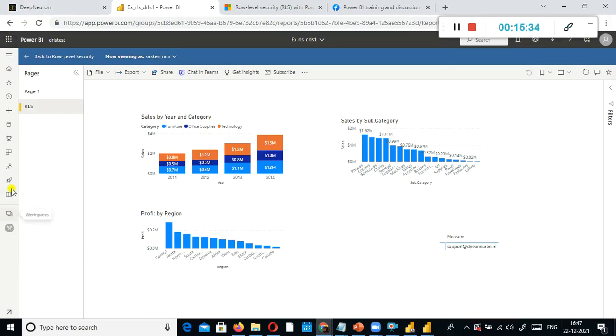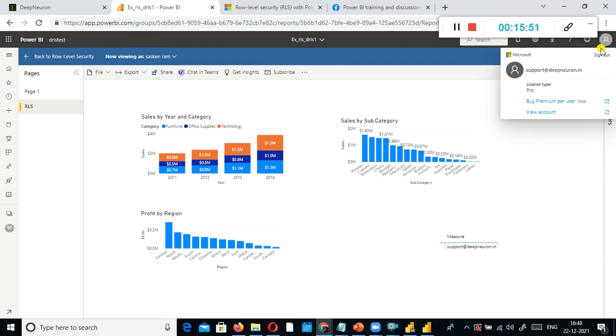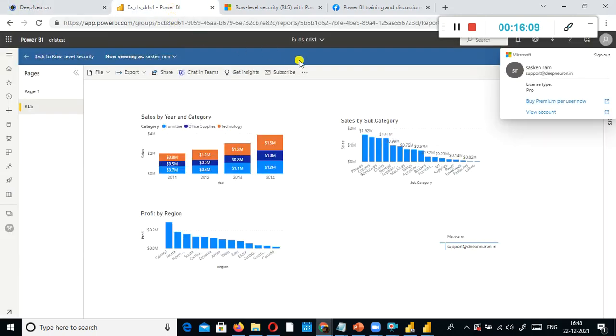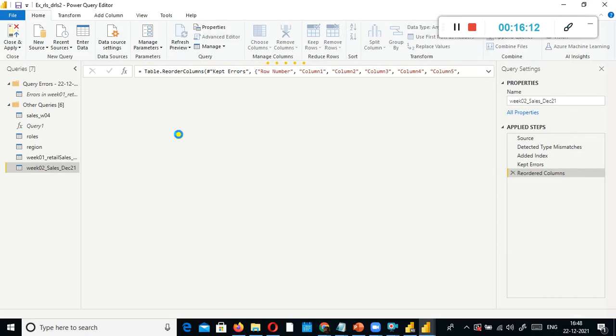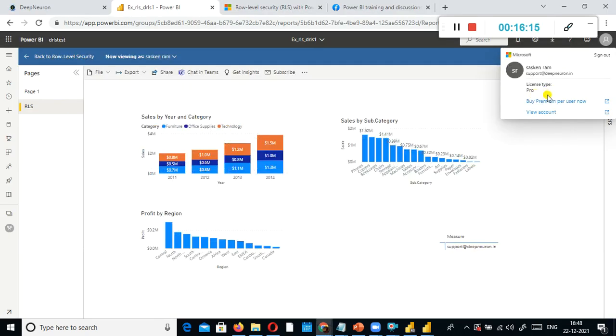One second. This is app.powerbi.com. How many of you have created this, the Power BI Cloud? If you have not yet done it, not a problem. As I told you in the last session, you can create the login credentials after a week or two, because you'll have to use your official email ID to create the trial version. The trial login duration is 60 days. So my trial expired, and I had to buy the Power BI Pro license. Look here, the license type is Pro.